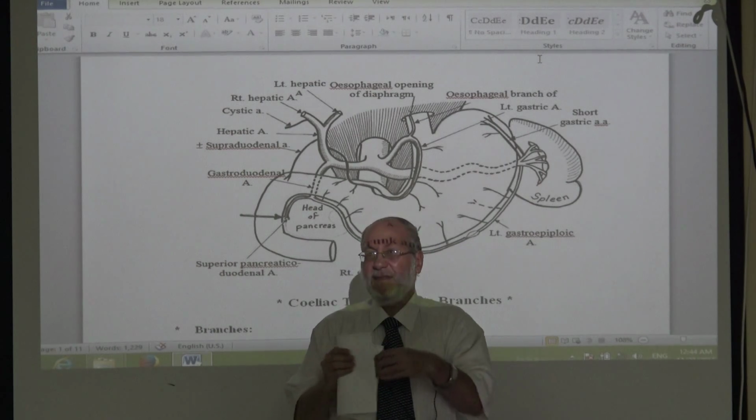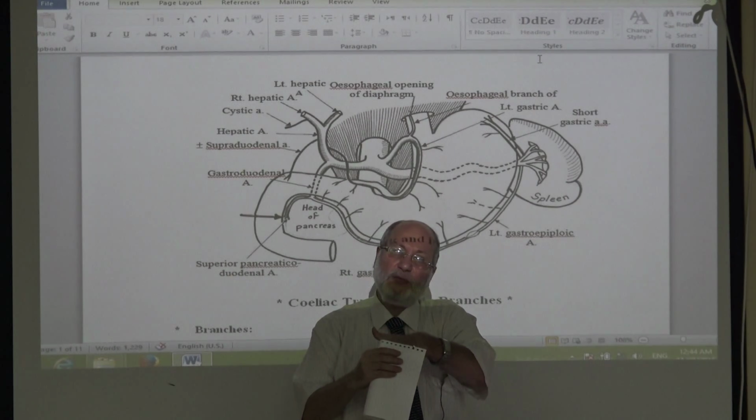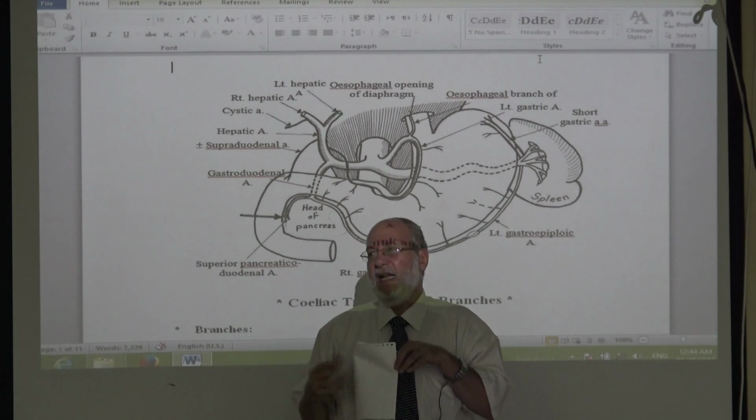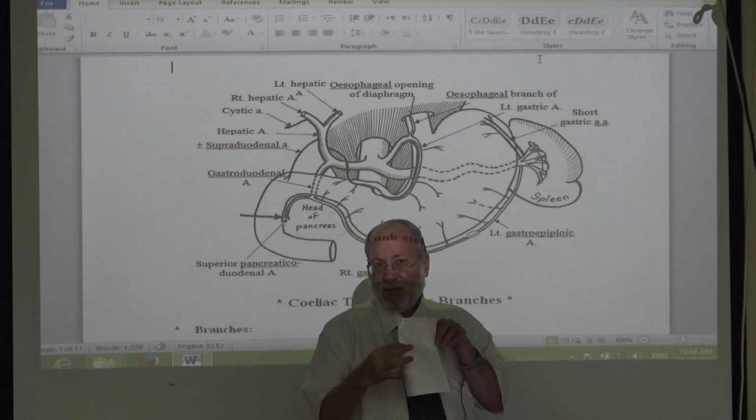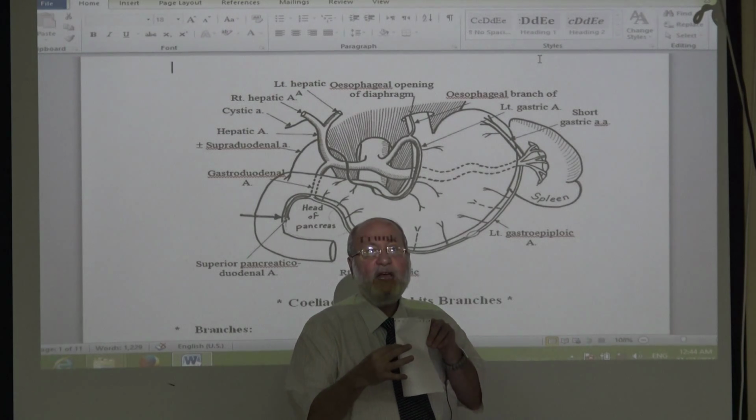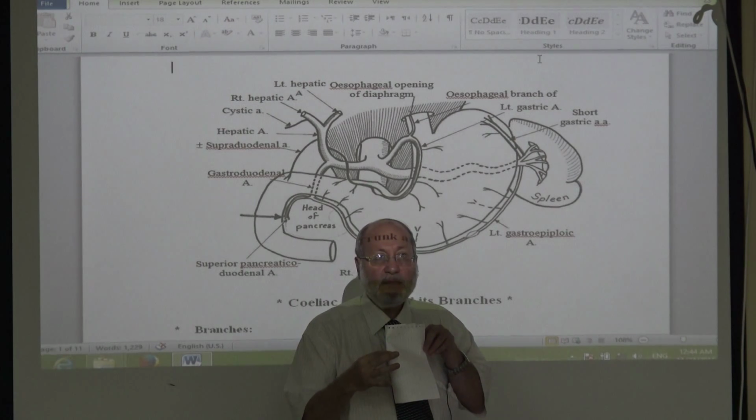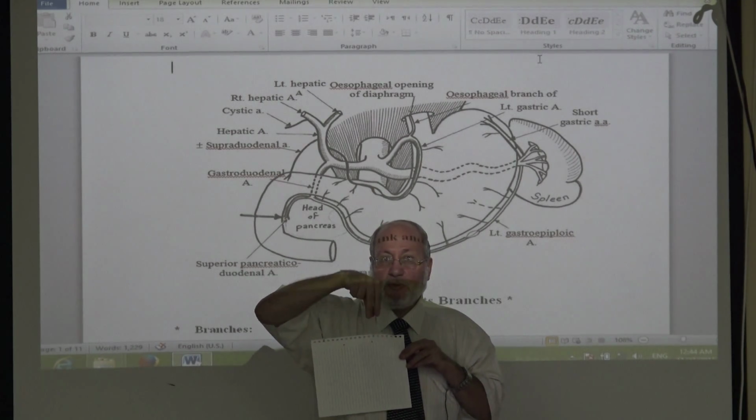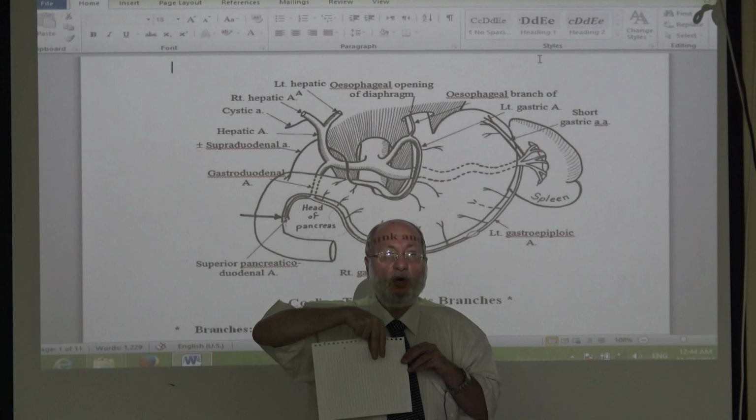The stomach is covered with peritoneum, anterior and posterior, and the fold of peritoneum here is the lesser omentum. What is this called? This is the free border of the lesser omentum. Therefore, the hepatic artery passes upward to the liver in the free border of the lesser omentum,